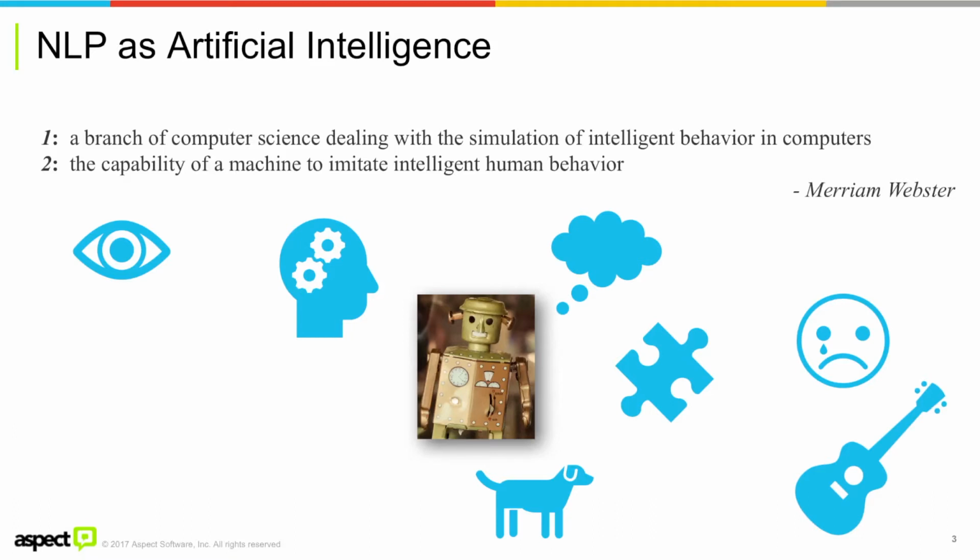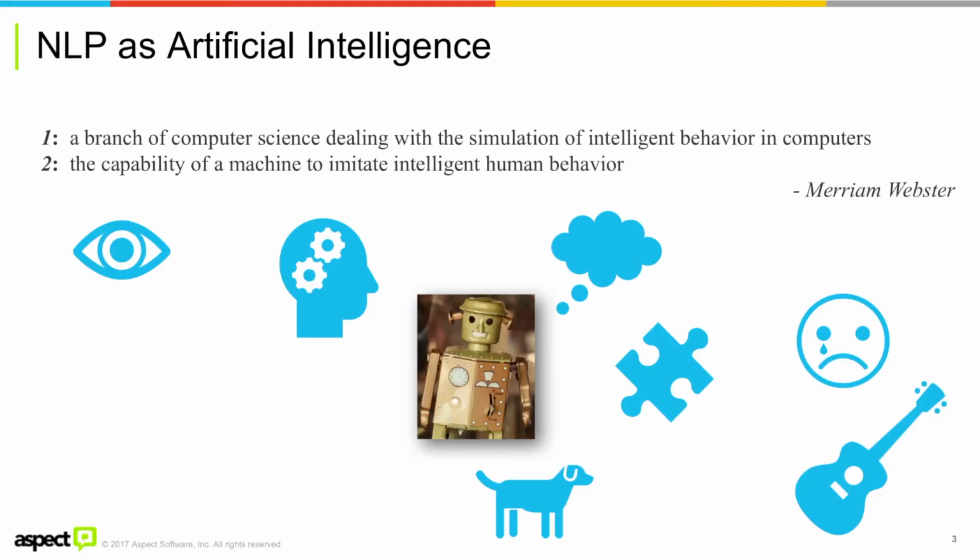But if we go back to one of the earliest definitions of what AI is, go back to Alan Turing, he defined it as we will have achieved artificial intelligence when a computer can have a conversation, when computers can deal with natural language and participate in a conversation using natural language. So it really is a centerpiece of AI.